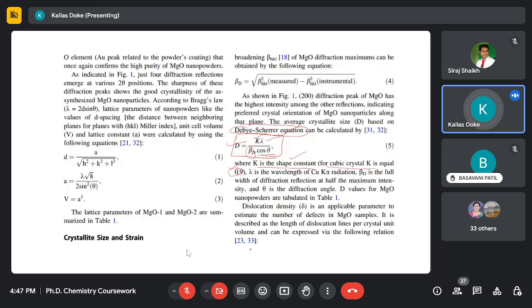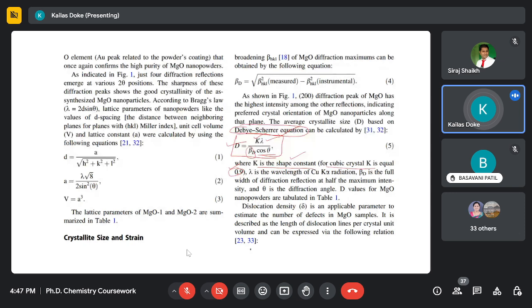That we have to determine by mathematical calculation. And theta is nothing but the diffraction angle, which is obtained from 2 theta. So we can determine the D values of these 2 magnesium oxide crystals using only